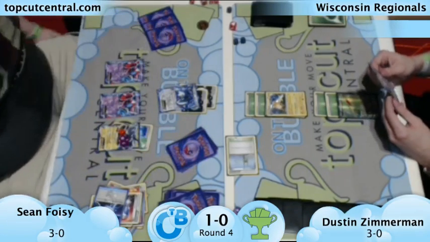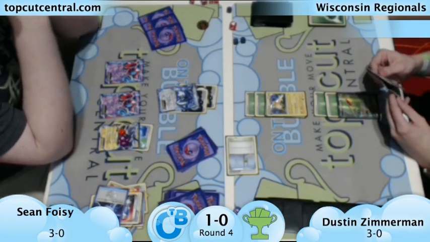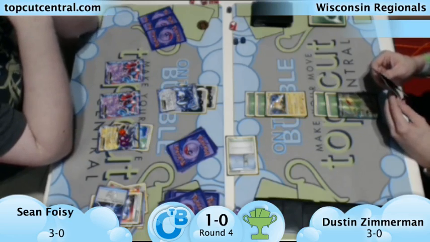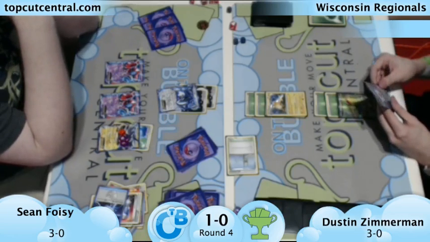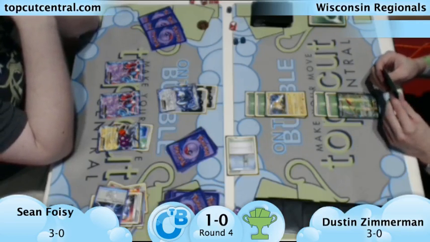Both of these players are sitting at 3-0 currently, so they can afford a loss. Definitely no player wants a loss, and you can't really afford much more than one, but either of these players will be safe for day 2, assuming that they win out here. And I think if you're Dustin, you probably...